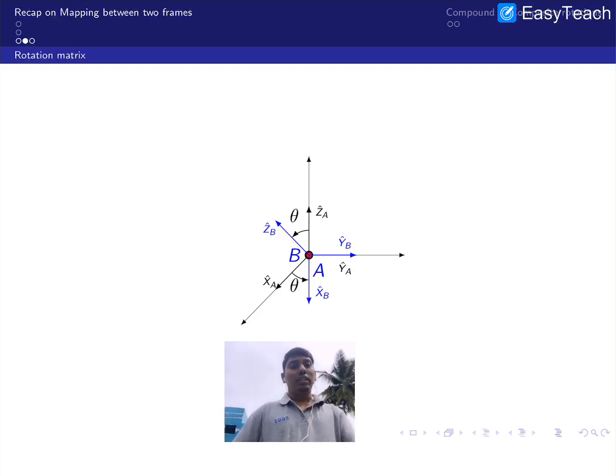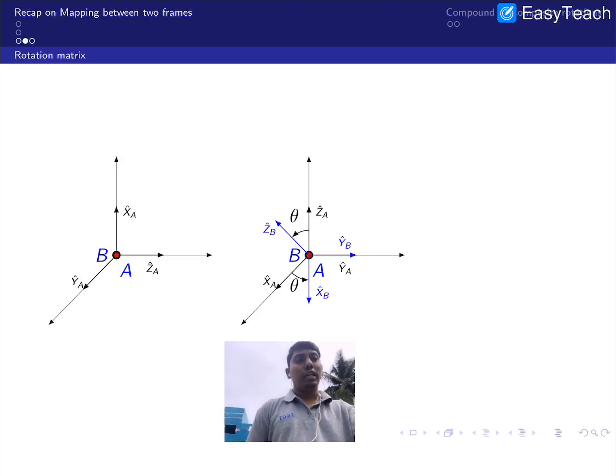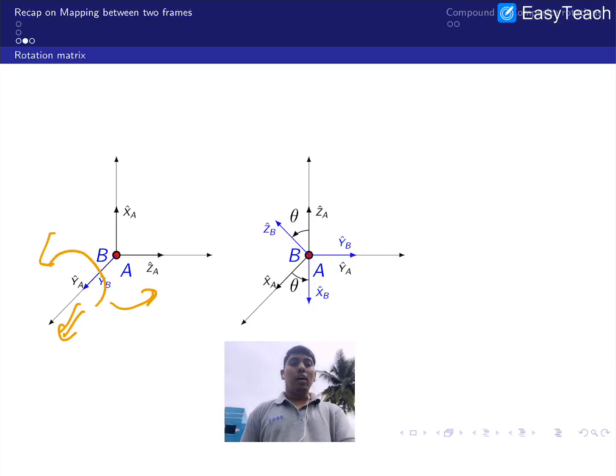But you can see this is very difficult to understand because this is an isometric view. In order to make it very clear, I am taking the right hand rule and putting it in the same form that we have seen earlier. In the sense I brought it to Y here, so now YA and YB are aligned. Now you can see, as per the right hand rule, Z and X would be there. So now I am rotating this by the right hand rule.